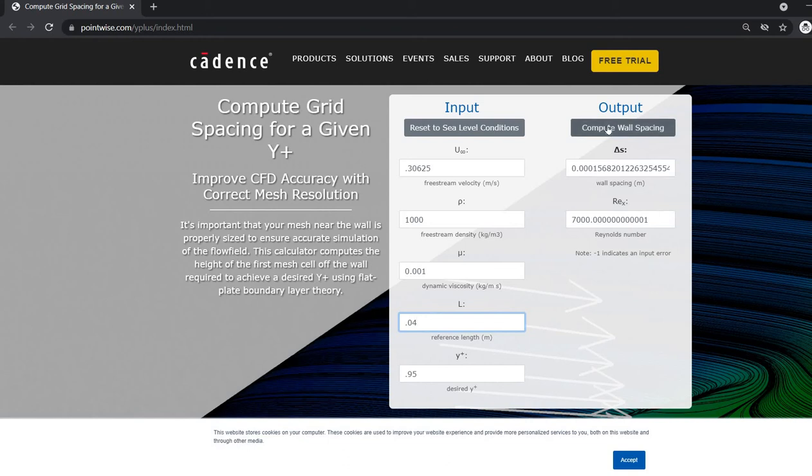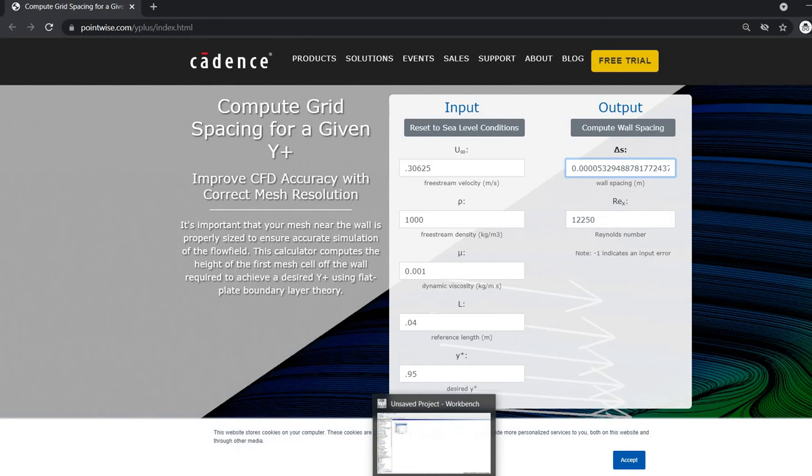The diameter is 0.04. Here we have a first cell height of 0.05 mm for wall y plus less than 1. So it is much smaller than the value calculated for the first section, and we have to take whichever is minimum.